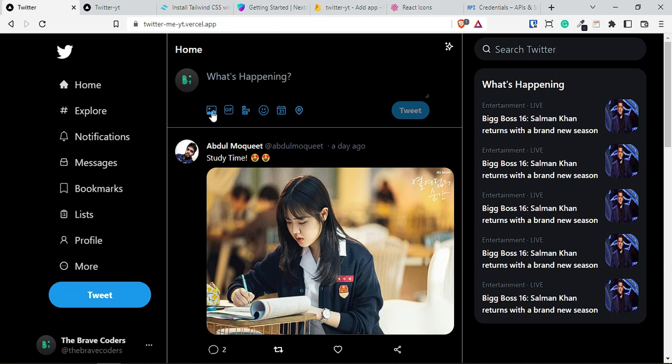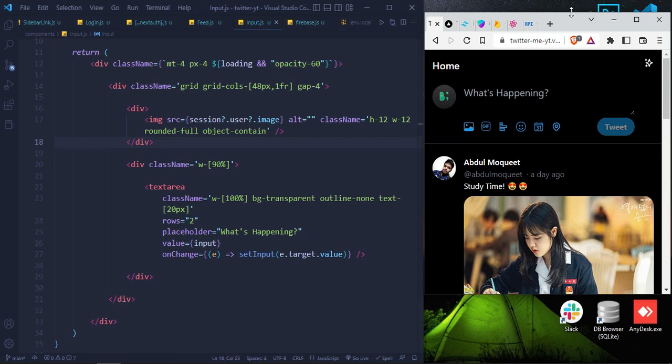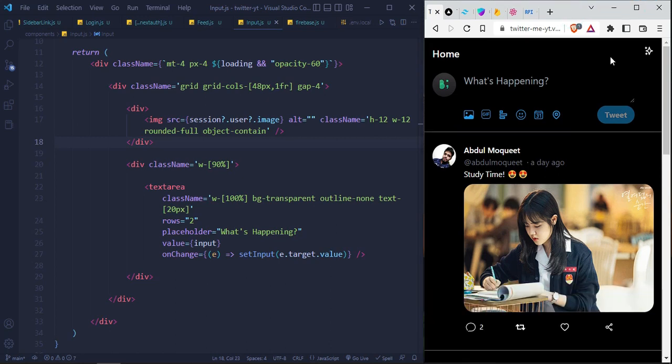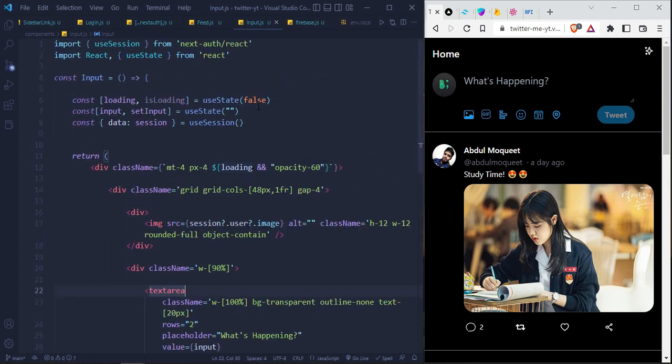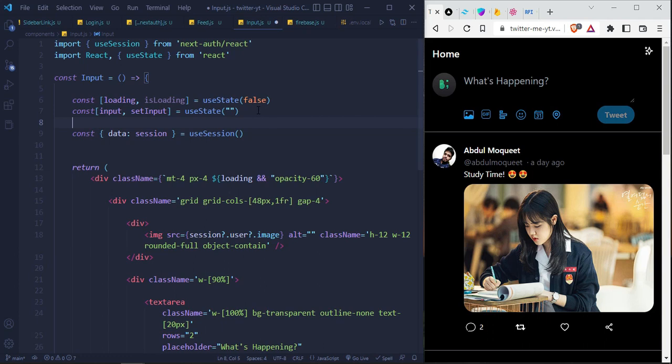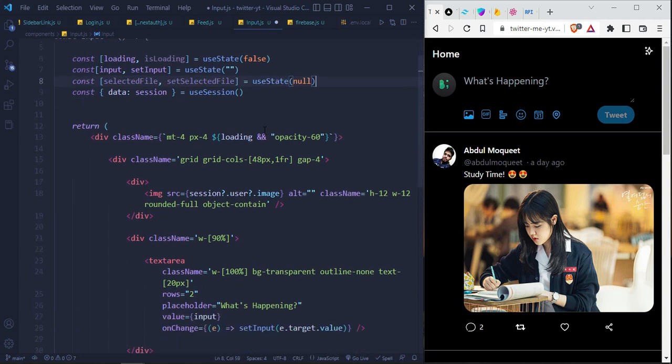So we are going to add a state for this action, and that state is going to be called selected file. So we will have this state selected file,